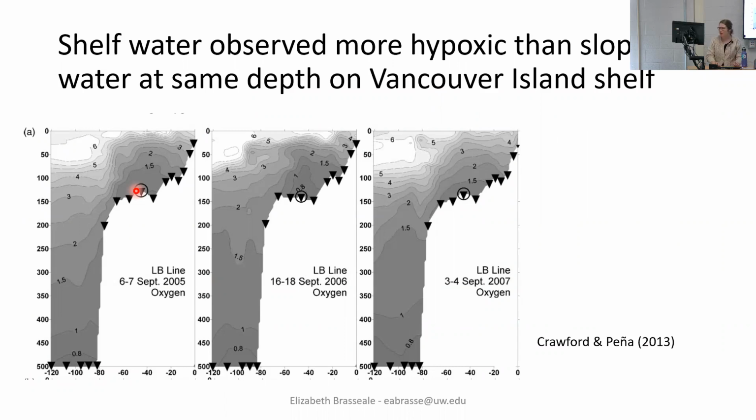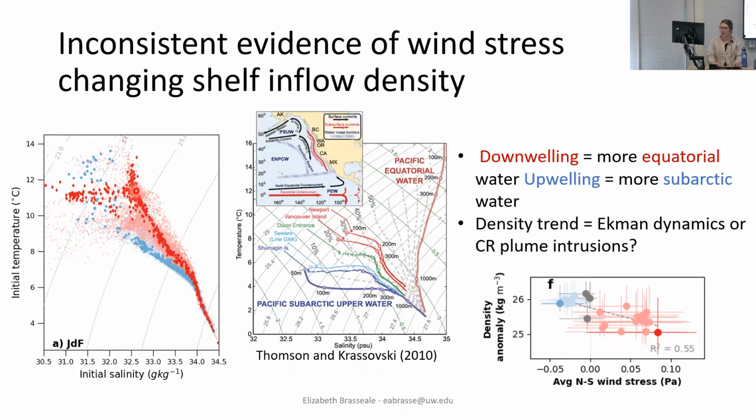And then I want to talk about this just quickly, but we looked at the density also because we were looking for that deep water signal. This is just looking at the physics. I'm going to go back to green crab specifically, which are going to be in the surface at the end,